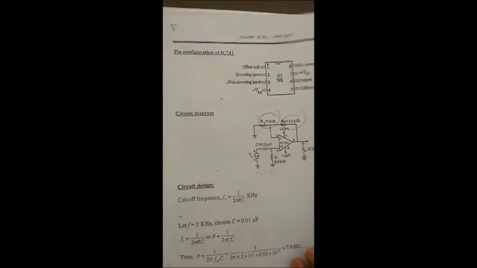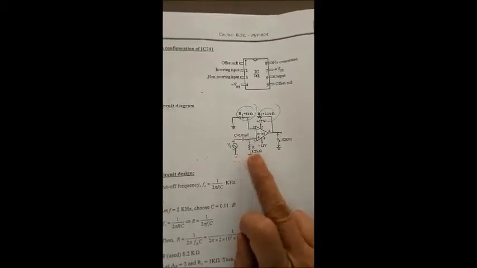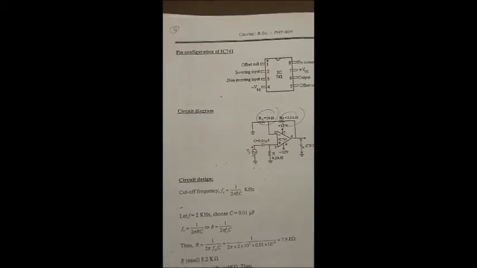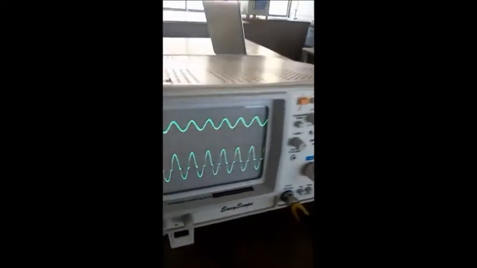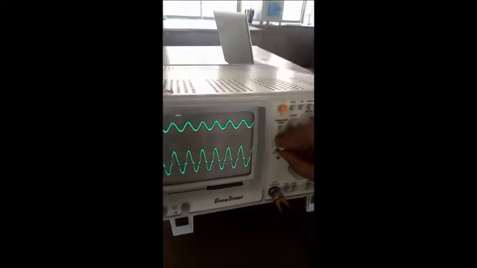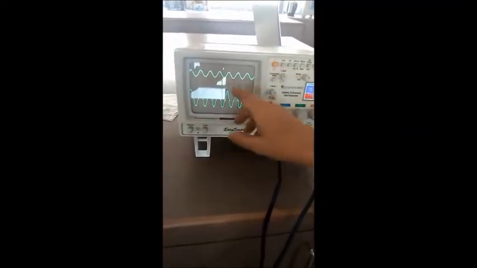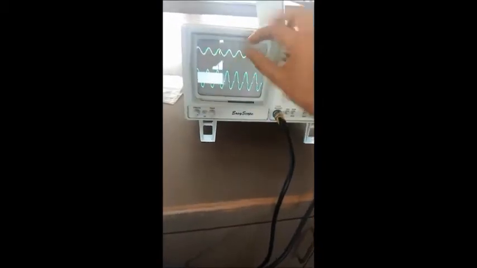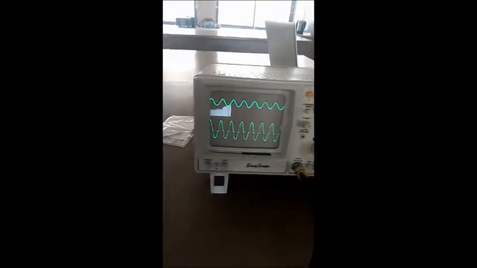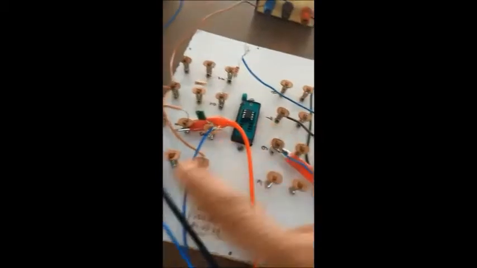Okay, we are allowed to vary the frequency of the input signal, and we are measuring the output voltage between pin number 6 and ground by observing the waveforms on the CRO. As you can see, on the first channel of the CRO, I have adjusted the input voltage of the input signal to 1 volt constant, 1 square centimeter into 1 volt, that is, the input voltage is fixed at 1 volt. As the pass band gain is 3, on the second channel we are measuring the output voltage which is applied between pin number 6 and the ground.